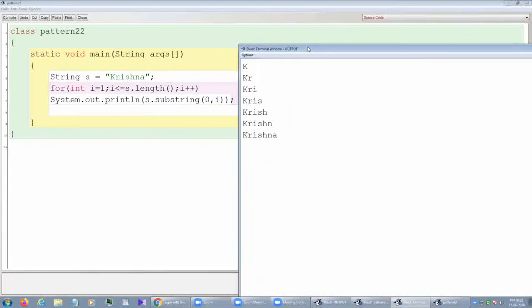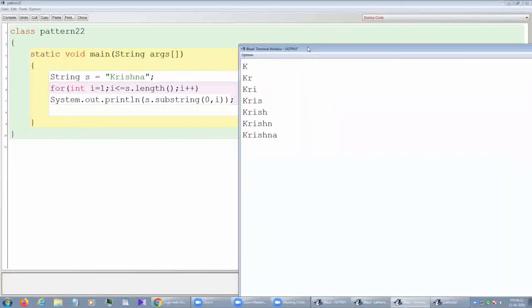We all know substring is a method of String which extracts a sub part of the string, and we may use it in two different ways. Either a single index: if Krishna is there and I give 2, then it will print ishna.